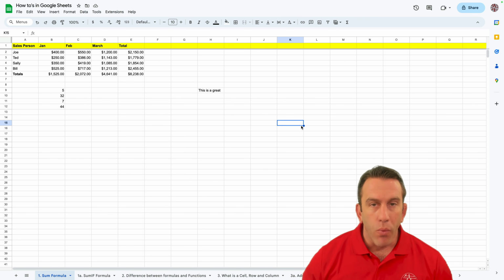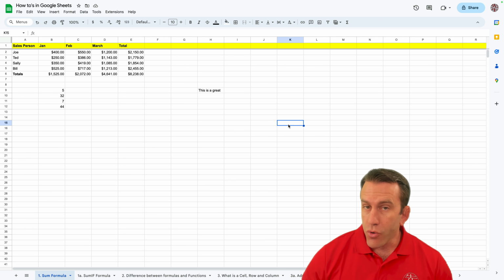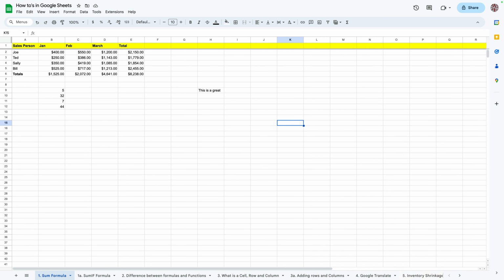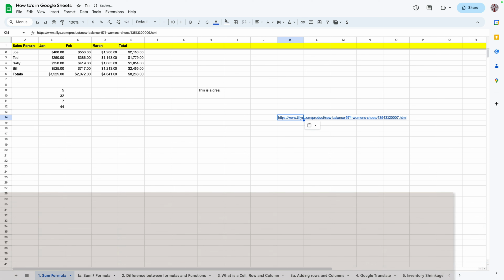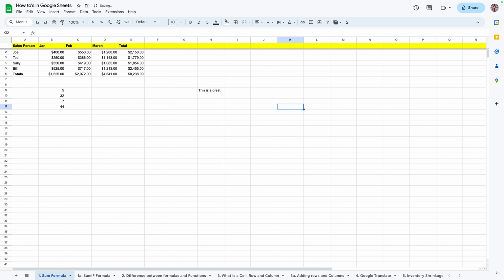Well, let's jump right in, where we're going to show you a few of our favorite shortcuts for Mac inside of Google Sheets. Now, the first one I want to go over really quick is when we're looking to grab an entire column. So we can click around and use the mouse and go up and click up here, or a really quick way is to just hit Control Space. Now what you have to do is make sure that your active cell is selected, and we hit Control Space and it'll grab that entire column, which makes it really, really helpful